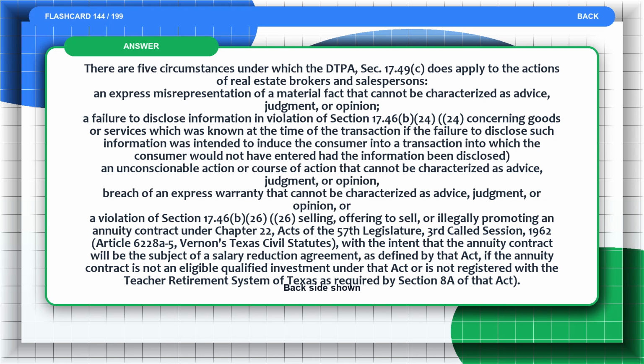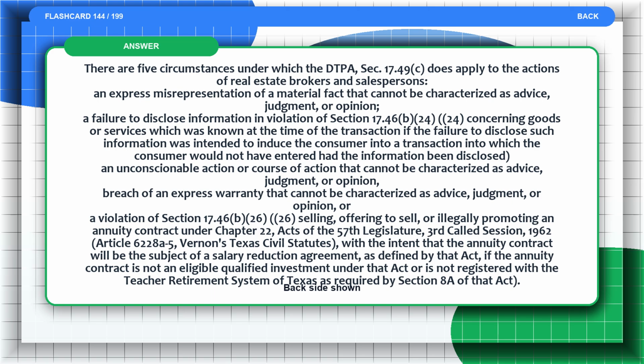The answer is, there are five circumstances under which the DTPA, Sec. 17.49(c), does apply to the actions of real estate brokers and salespersons: an express misrepresentation of a material fact that cannot be characterized as advice, judgment, or opinion; a failure to disclose information in violation of Section 17.46(b)(24) concerning goods or services which was known at the time of the transaction, if the failure to disclose such information was intended to induce the consumer into a transaction into which the consumer would not have entered had the information been disclosed; an unconscionable action or course of action that cannot be characterized as advice, judgment, or opinion; breach of an express warranty that cannot be characterized as advice, judgment, or opinion; or a violation of Section 17.46(b)(26), selling, offering to sell, or illegally promoting an annuity contract